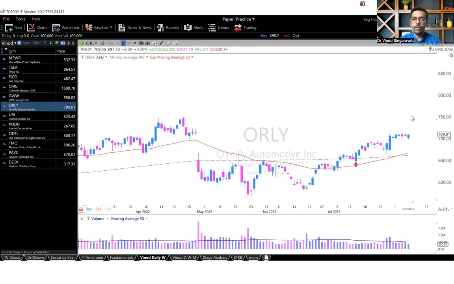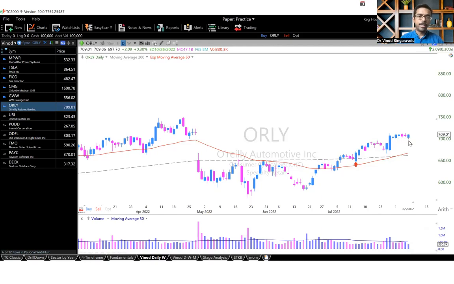And the last one, ORLY, the same story. It reclaimed the 200-day, but came back and retested, and it found support at 200. Since then, it is continuing its uptrend in a very bullish fashion. So this, in a simple way, shows how you can use at least one or two simple moving averages, in this case the 200-day moving average, as an indicator to help you analyze the stock market and see whether it is a good one to consider buying or selling.